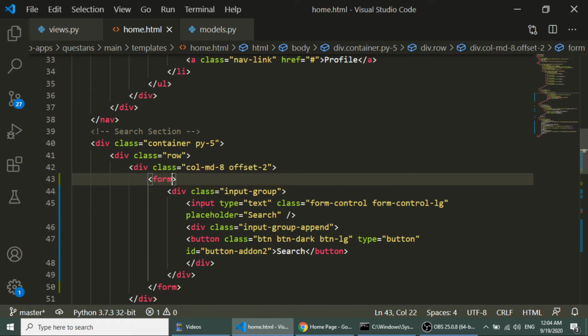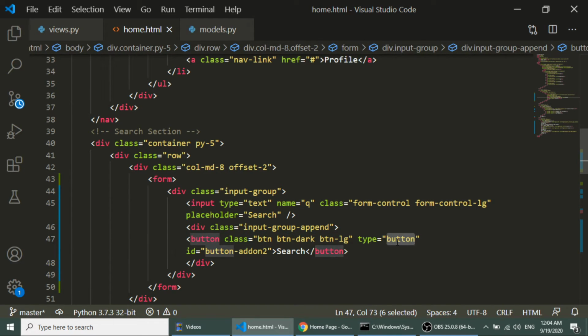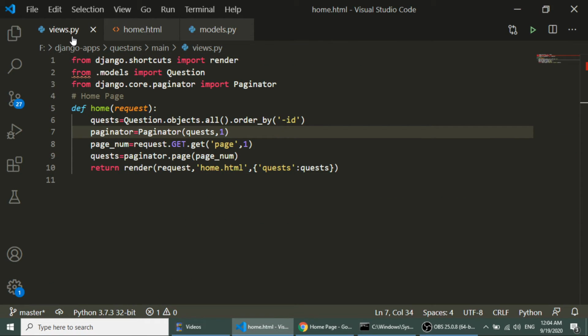We don't need to define the method actually, and here we need to define the name. The name will be q, denoting query, and the type is submit.